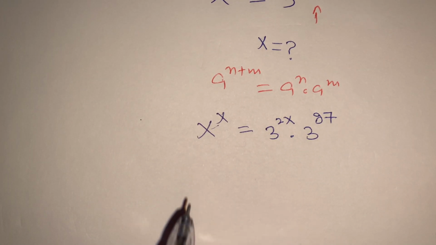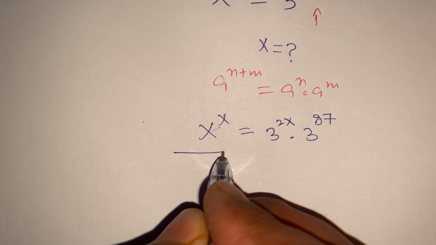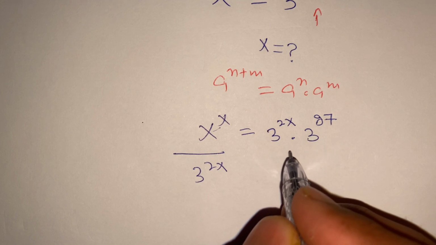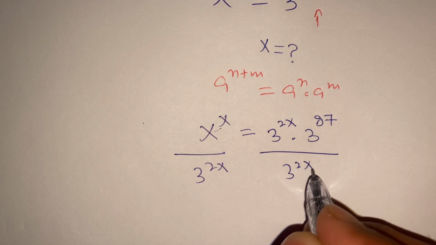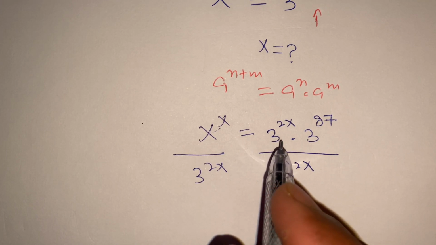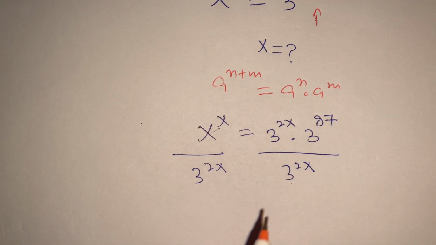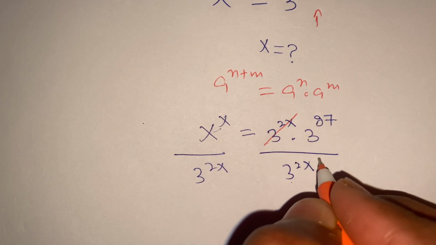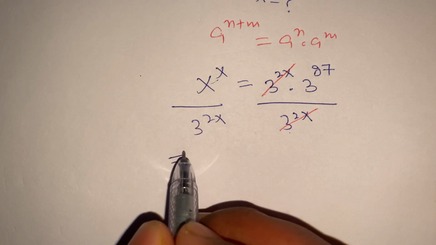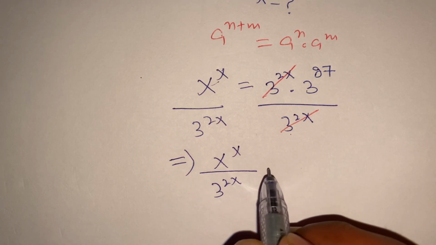In the next step, on dividing both sides by 3^(2x), we get x^x divided by 3^(2x) is equal to 3^(2x) times 3^27 divided by 3^(2x). Now on the right hand side, 3^(2x) is in the numerator as well as in the denominator, so we can cancel both of them, and we are left with x^x divided by 3^(2x)